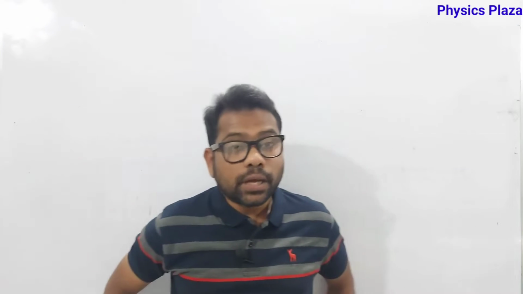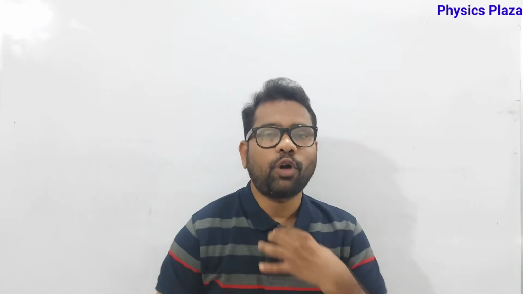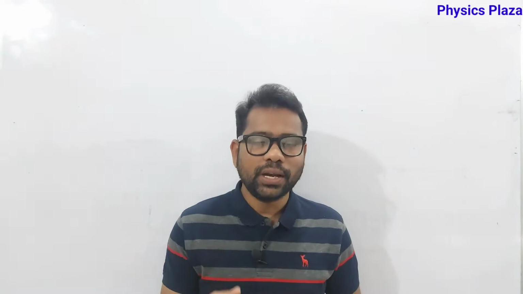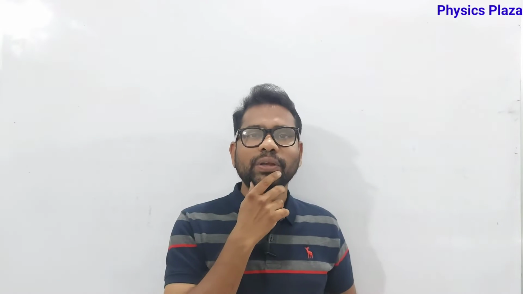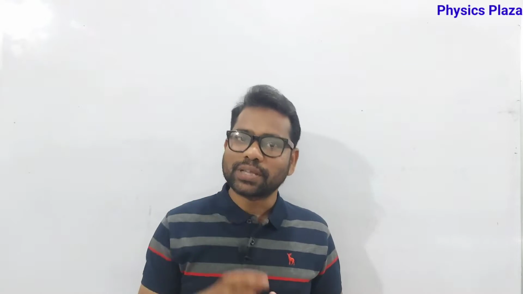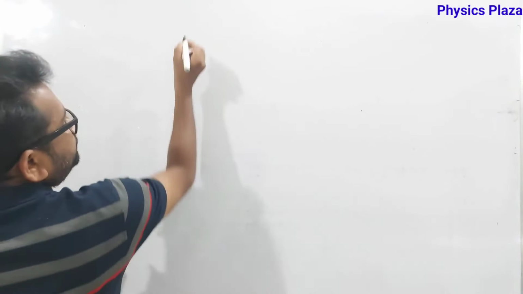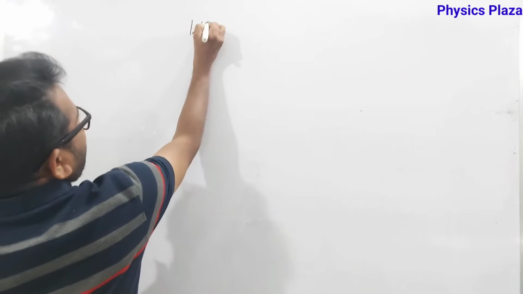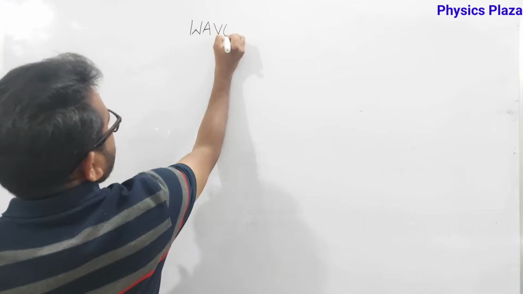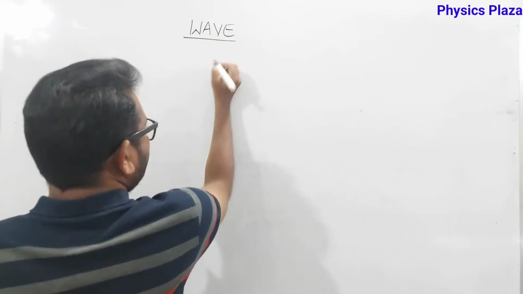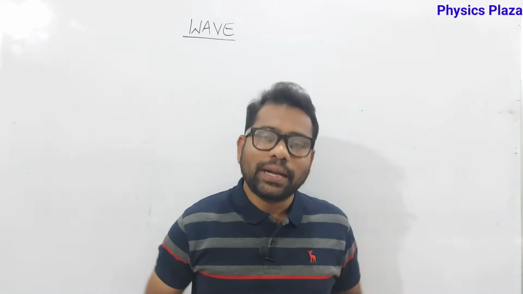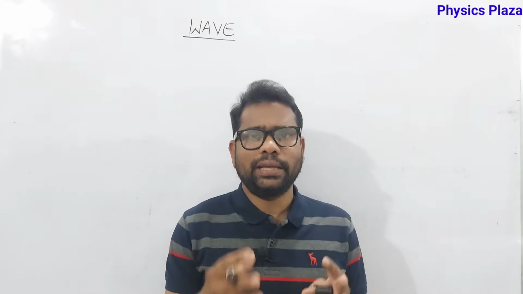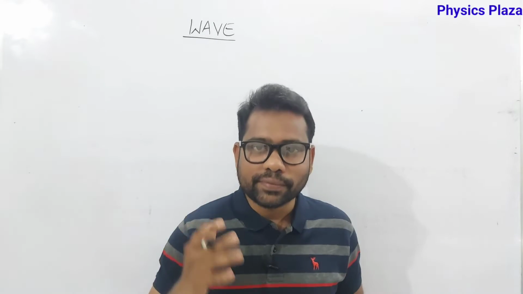So, children, sound is propagated in the form of wave actually. Especially in air, sound can propagate in the form of longitudinal wave. So here a new term is coming, children. What is that? Wave. So children, now let us discuss what actual wave is, the wave concept. If we can understand the wave concept and types of waves, then only we can understand it very clearly, and we'll get a command on the propagation of sound.